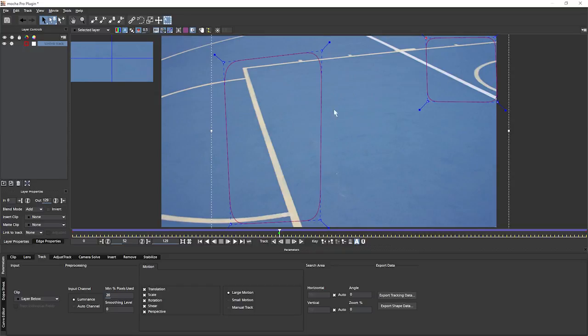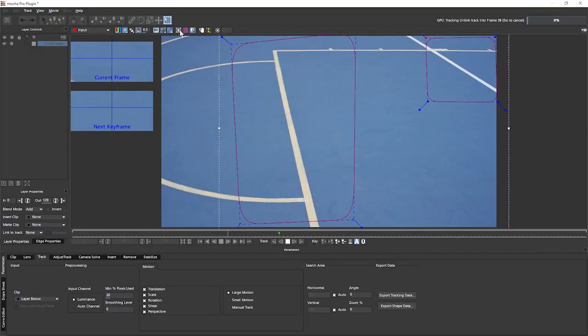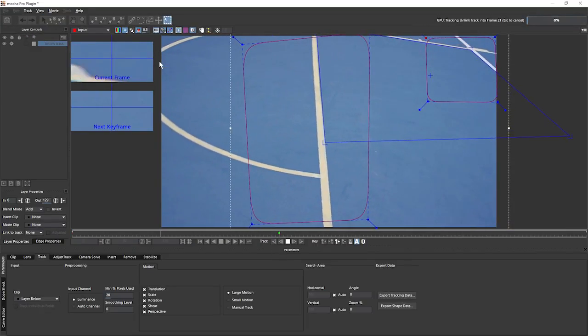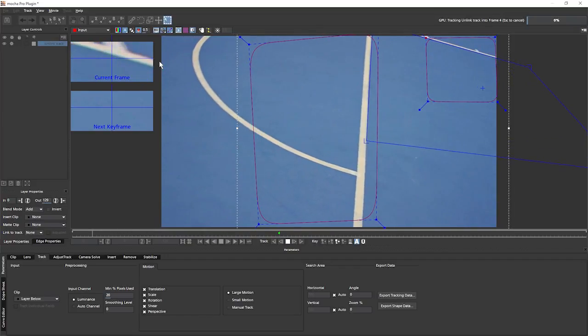Note that I've put these quite far away from each other and they're not overlapping. The reason for that will become clear in a slightly later exercise. It's important that when we want to add the sum of these two shapes together, we aren't overlapping at all. So let's come back now and retrack this. And if I turn my surface on, you can see that once we get past that sticky stage at frame 26,